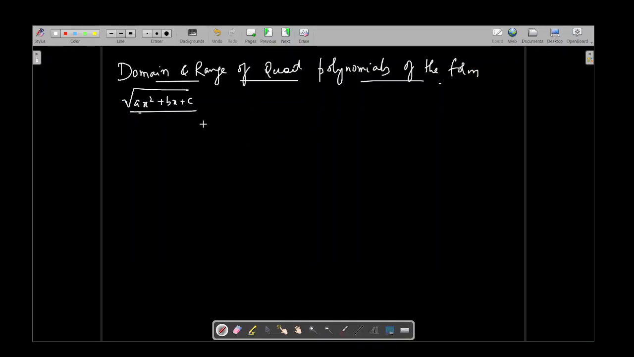Hello and welcome. In this video, we will see how to approach finding the domain and range of quadratic polynomials of this form, square root of ax squared plus bx plus c. See, if I have a quadratic function f of x is equal to ax squared plus bx plus c, and if the roots of the polynomial are alpha and beta,